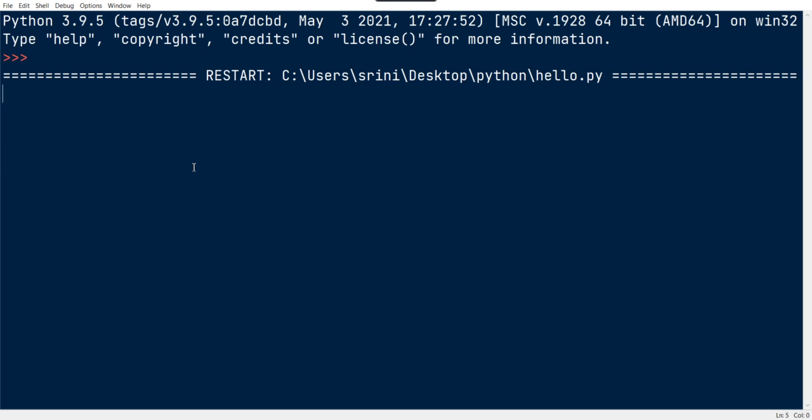So if I want to run this program, I am putting the initial value as 10, 59 and 59.